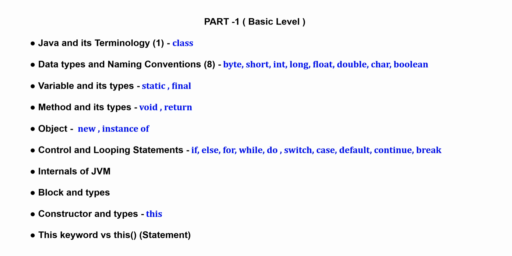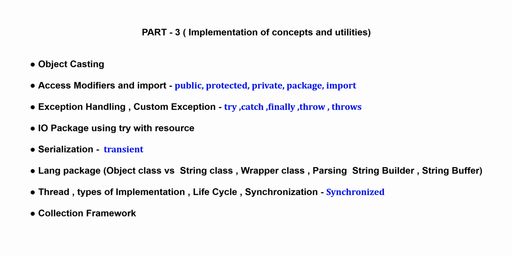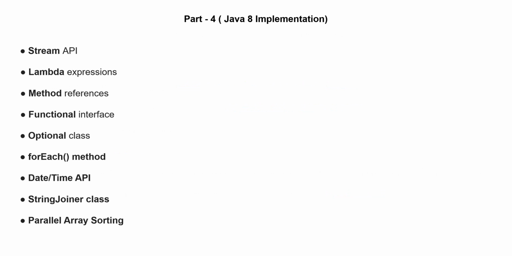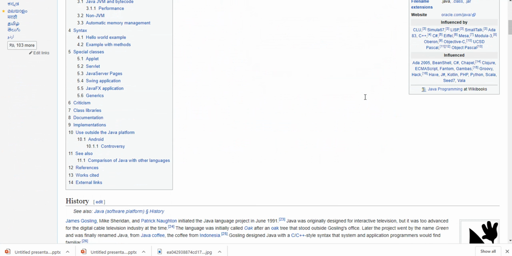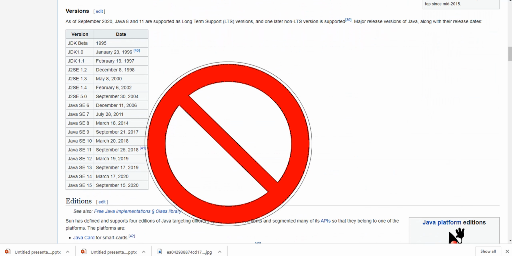The syllabus of this Java Simplified series is split into 4 parts. Part 1 defines the basic terminologies and syntax of Java, whereas part 2 explains the OOPS concepts and implementation over code. Part 3 describes the usage of utility classes and their implementation in real time. Part 4 provides a brief knowledge of Java 8 and its functionalities. We will cover all these topics along with interview questions on the same. Since it is a crash course, instead of wasting our time over Java's history and versions, let's start with Java